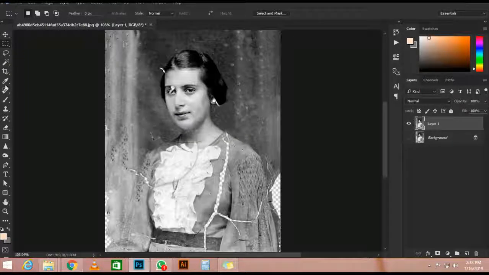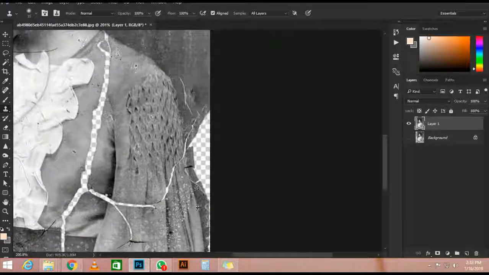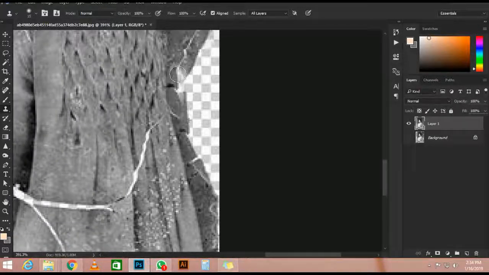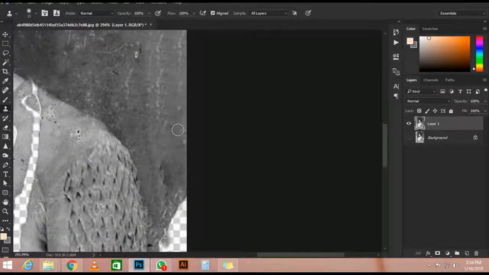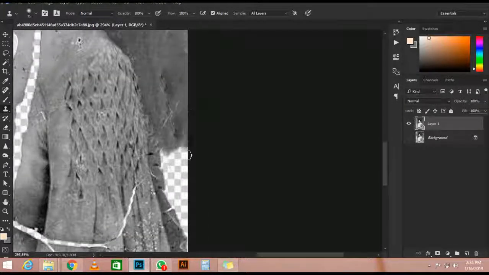Now you don't have to be very precise at this moment. You can just click and drag and we'll worry about the details later. So we're just going to select her as quick as we can. So I'm just clicking and dragging. And notice that my selection is not